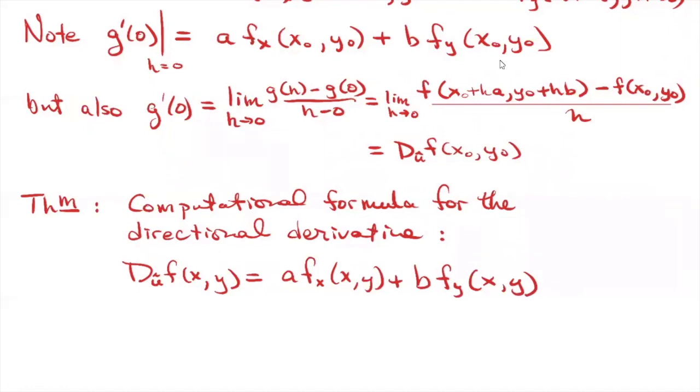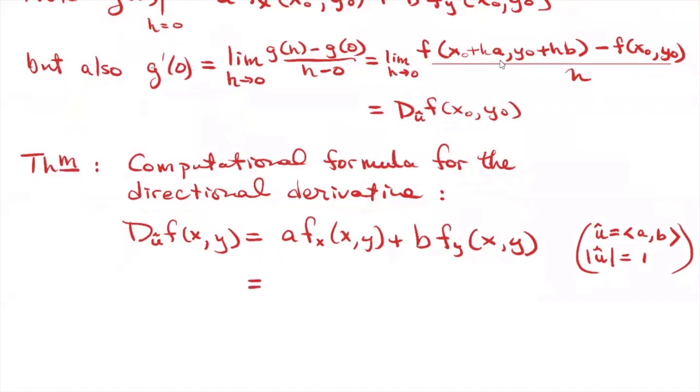And then we'll say off to the side somewhere, maybe in parentheses, u is the vector AB, and the magnitude of u is 1. But then you could rewrite this as just a dot product. You could say this is fx, fy dotted with AB,